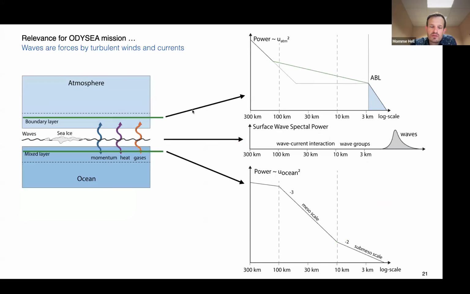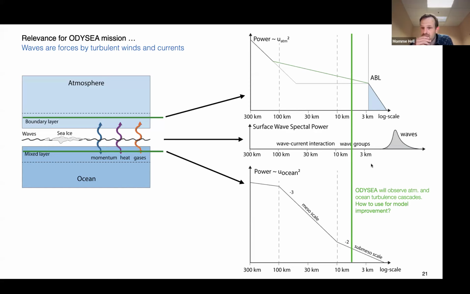There's a more complicated point to make here, right? And the point is that if we acknowledge that Odyssey observes like a turbulent atmospheric boundary layer and a turbulent ocean boundary layer and a wave layer in between, right? Odyssey sits here, right? How do we use this information that we probably get from Odyssey to improve our models, right? How do we use this high resolution information? How do we digest it for model improvement,